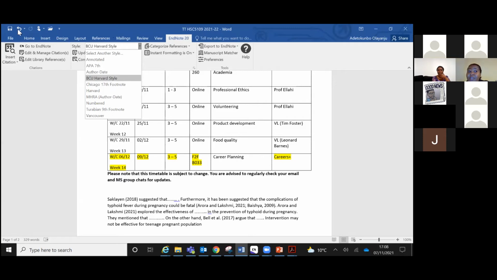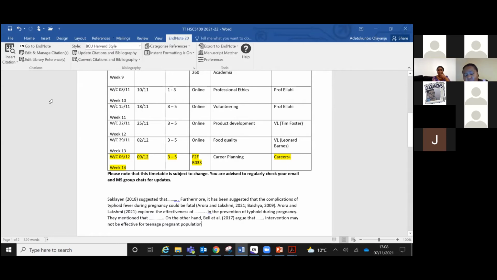I'm sure there are resources, in fact there is a resource, I'm pretty sure, with LIS on how to use EndNote. And there is one for how to reference properly. If you can find your way around how to use EndNote, it's really good. It saves you. You won't forget any reference. But like Dr. Adelu said, if you start to get confused, because it's exporting from EndNote to your Word document,